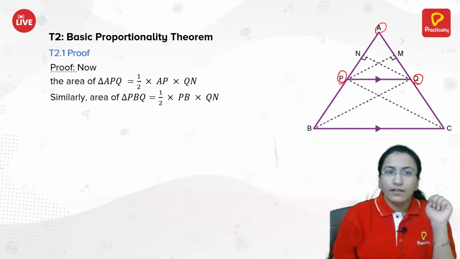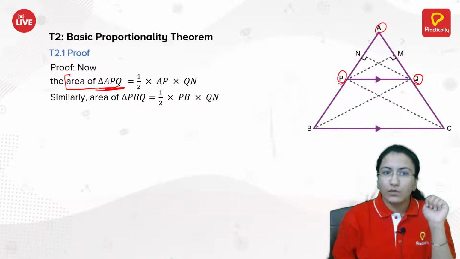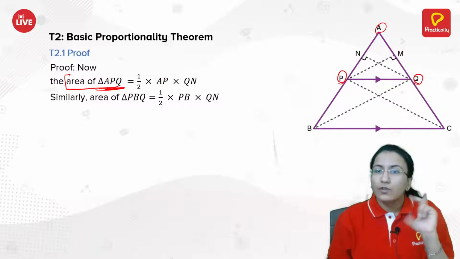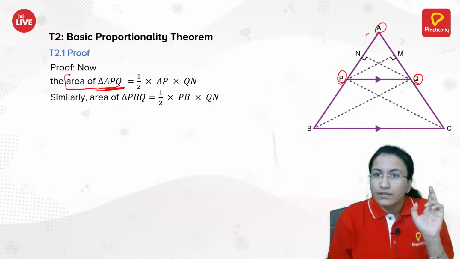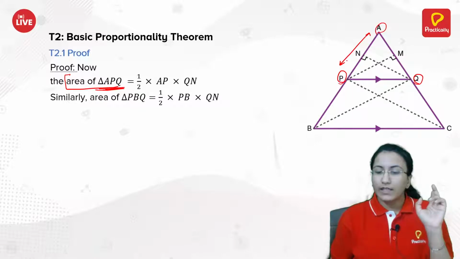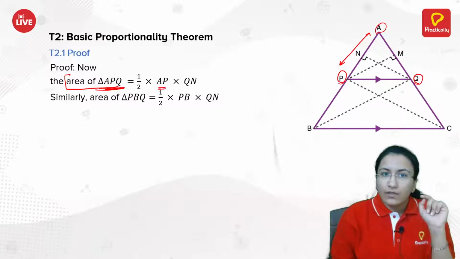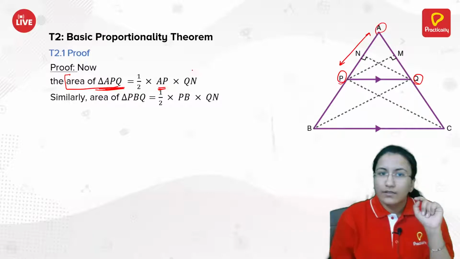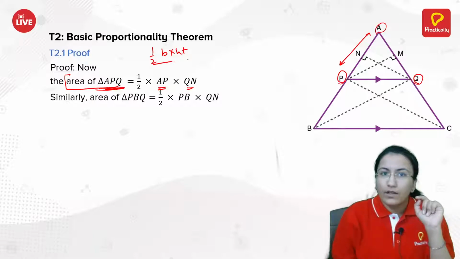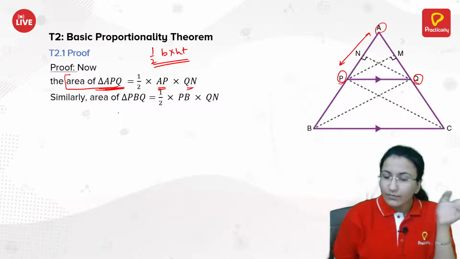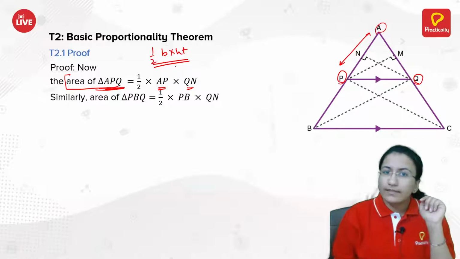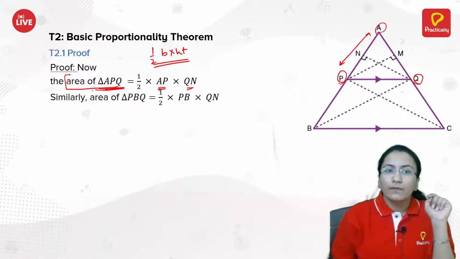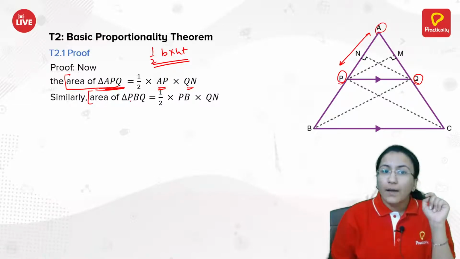Firstly, we have considered the area of triangle APQ, that can be written as half into base into height. For this time I have considered AP as its base, so its base value is AP. Now height for this would be QN, so QN is height, half into base into height. This formula I have used, right? Now similarly, using this same formula, you can find the area of triangle PBQ,